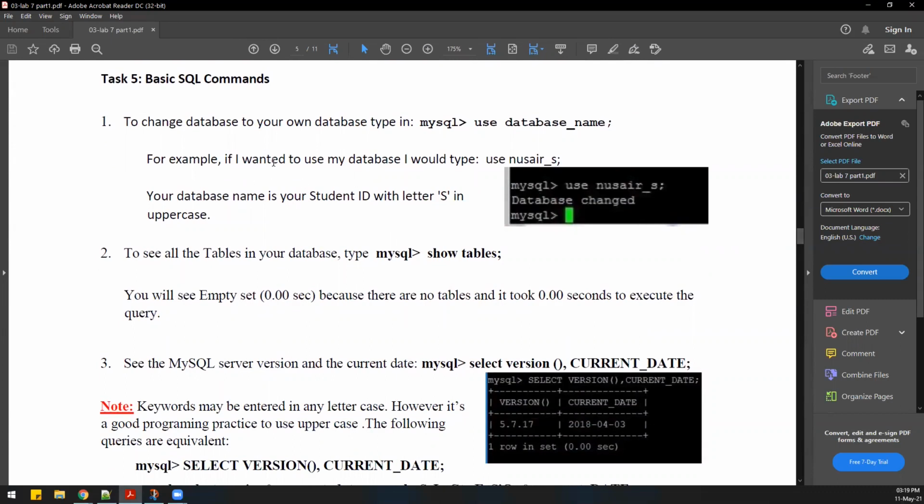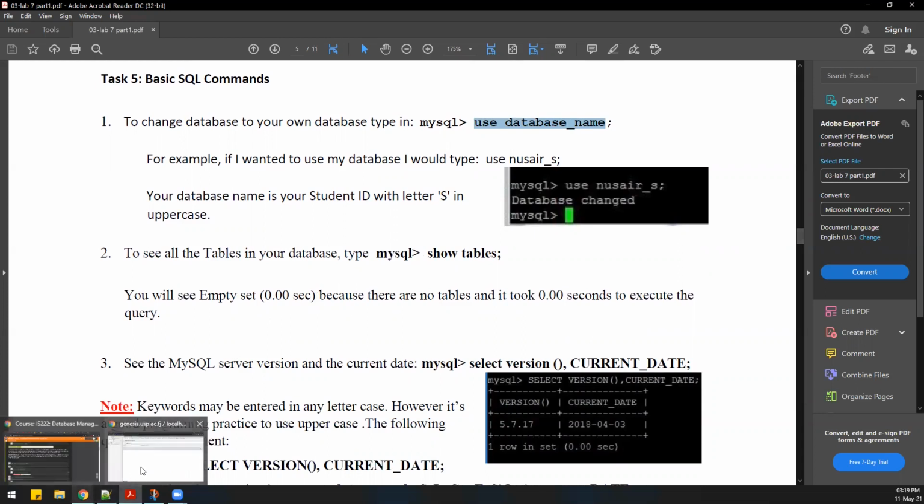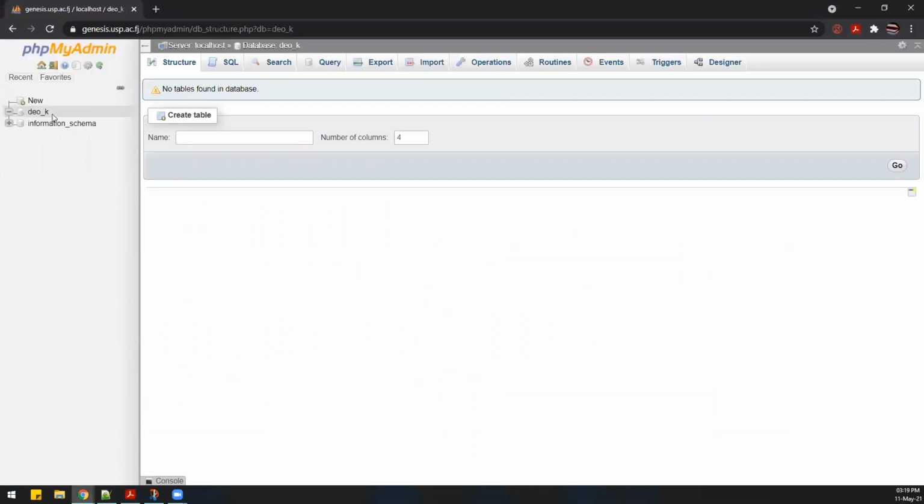Now to change the database, you will use the use database command. In this case, this command might not be very useful because you are already inside your own database. But just for the purpose of this lab, you will click on your database name, that is your student ID.